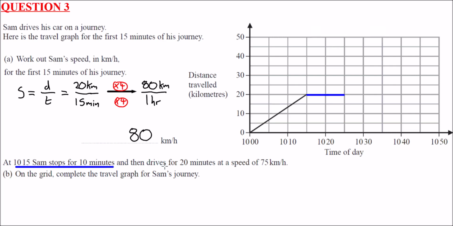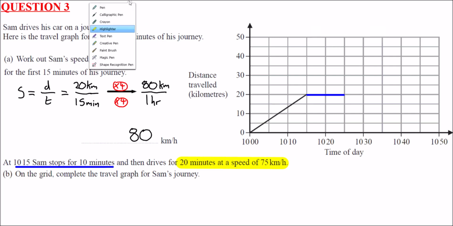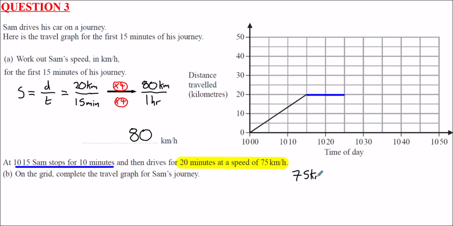It then says he drives for 20 minutes at a speed of 75 kilometres per hour. So let's just think of this here. 20 minutes at a speed of 75 kilometres per hour. Well, 75 kilometres per hour means he could do 75 kilometres in 60 minutes. However, he's only travelled for 20 minutes, so how far would he go